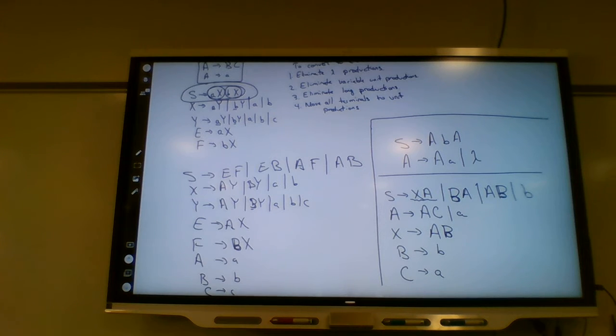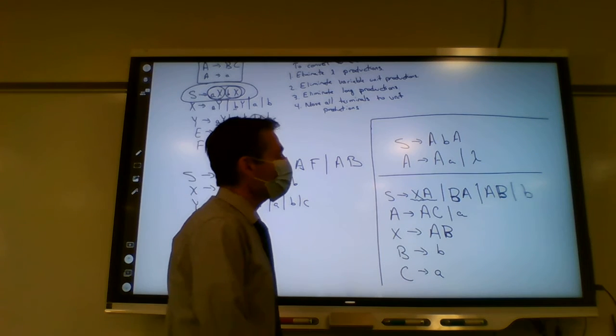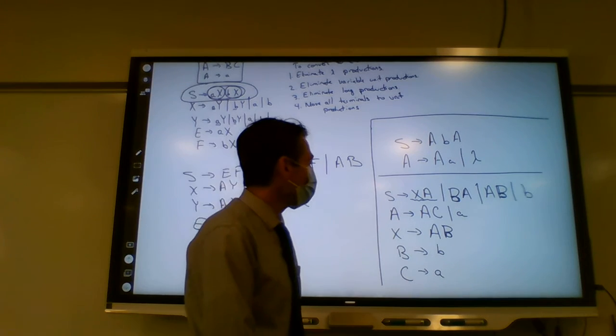And since step 1 is eliminate the lambda productions, we can't get past that step. Okay, so what happens if your language does include that? Then again, maybe we deal with the empty string separately. Right? So we deal with the empty string as a special case. Everything else we can deal with in this way.